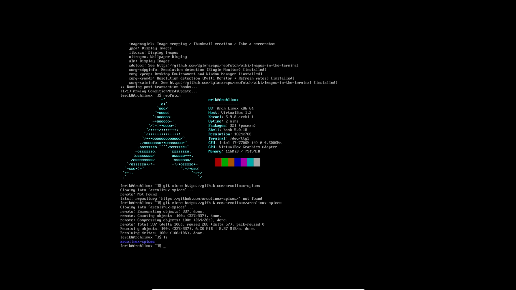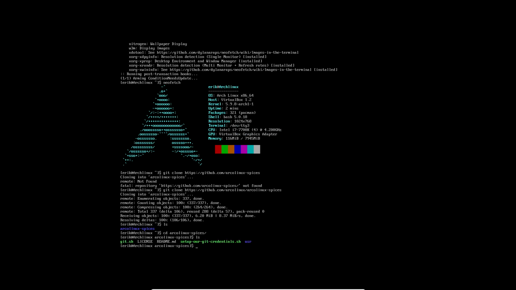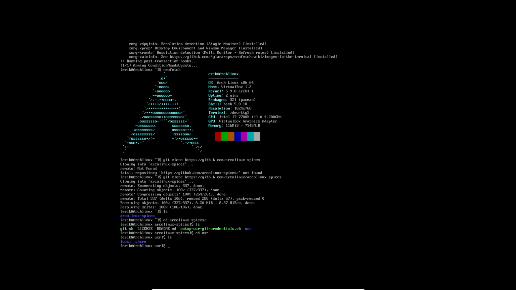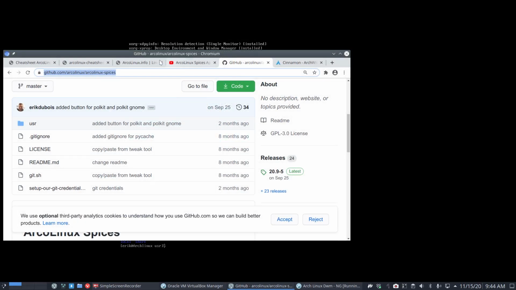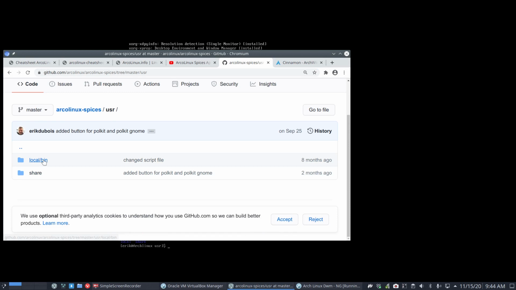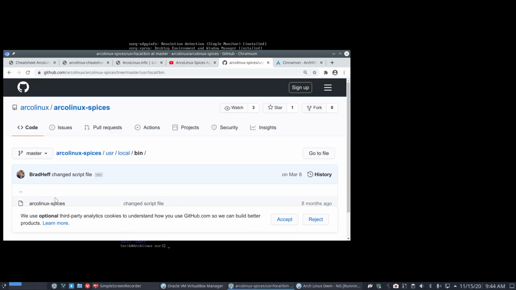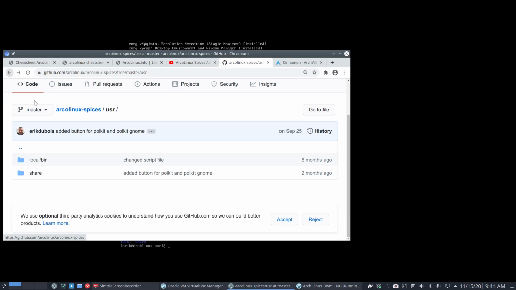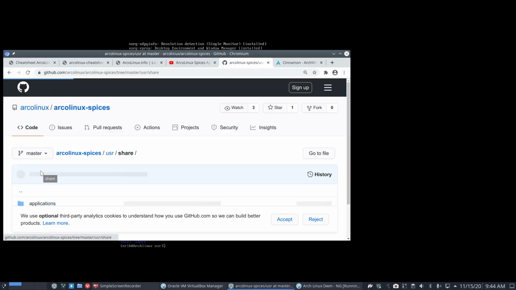ls. Indeed, I have a folder. I go inside ls. I see here all kinds of things, but what I need is in user ls. And then we have local and share, and we can have a look here again. So okay, when I go in user, I see local and local bin. This is a thing to launch our application, right? So we're not needing that. Share